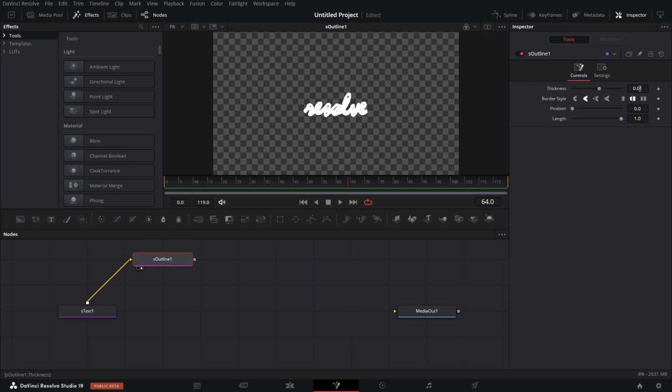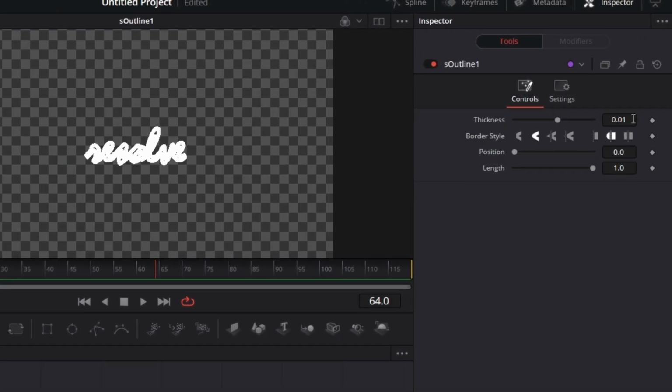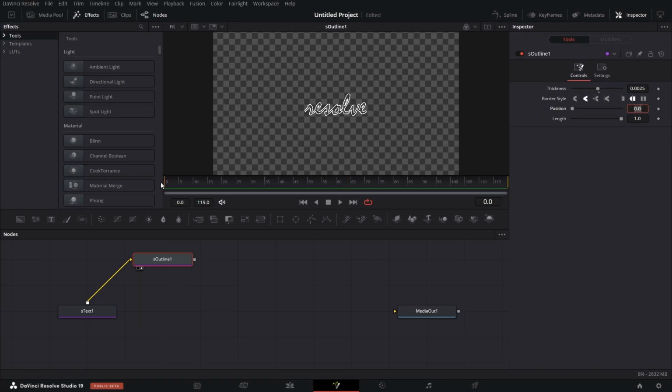The thickness is 0.01. So what we're going to do is go here and reduce the thickness to 0.05, so we have something that's slim. You can even make it a little slimmer and make it 0.0025. So we put the playhead at the beginning,